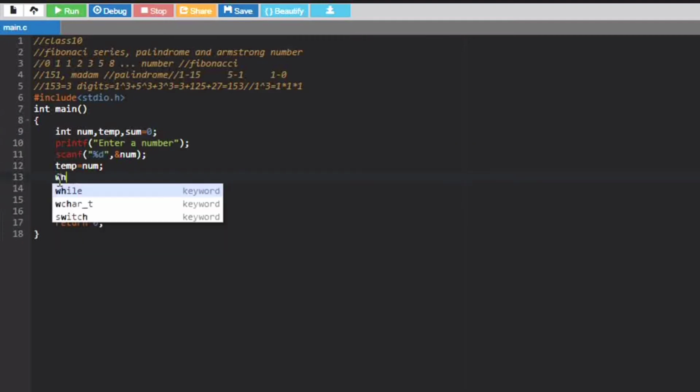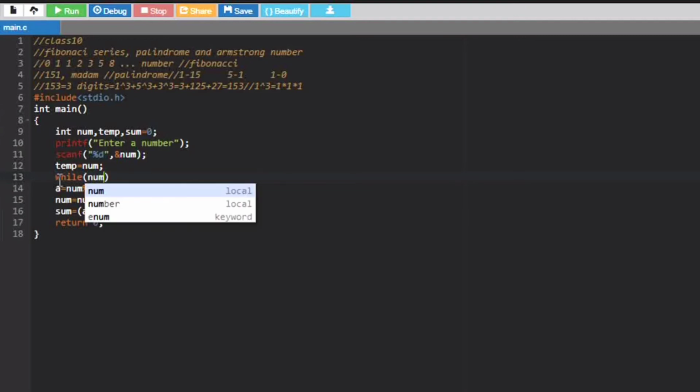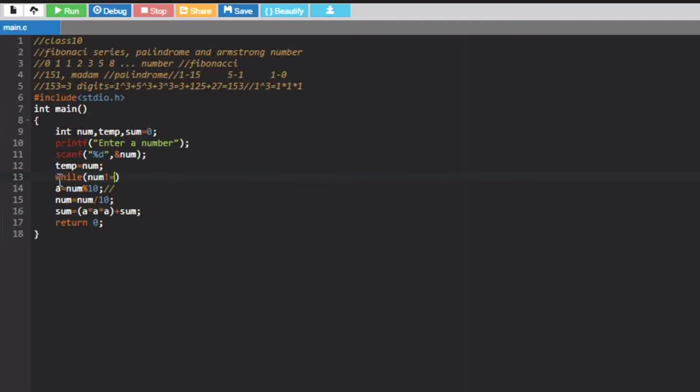So our loop is while loop. While the number entered by the user is not a 0, then I want this loop to repeat again and again. Okay, and here we haven't declared a, right? So a.